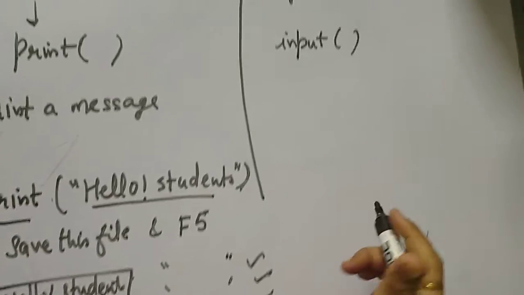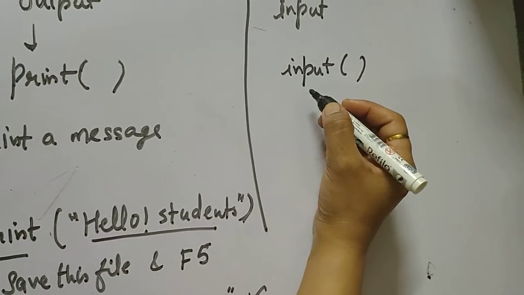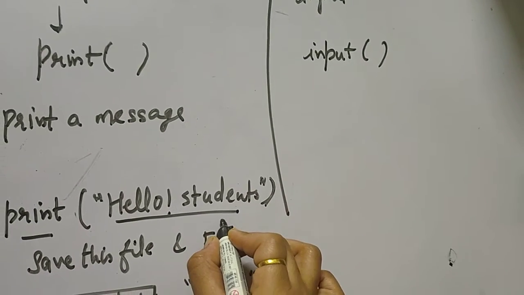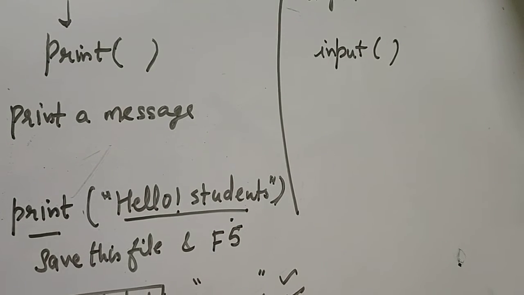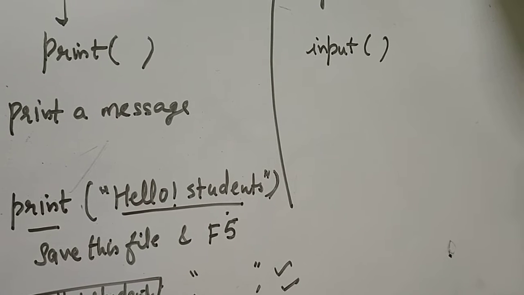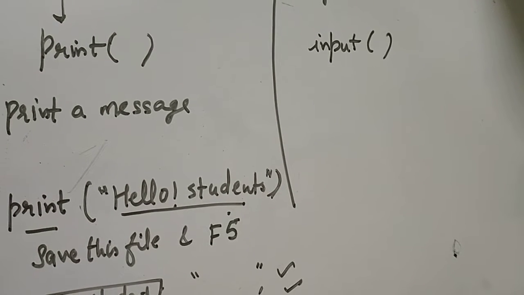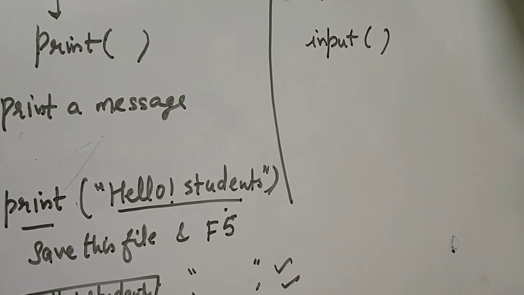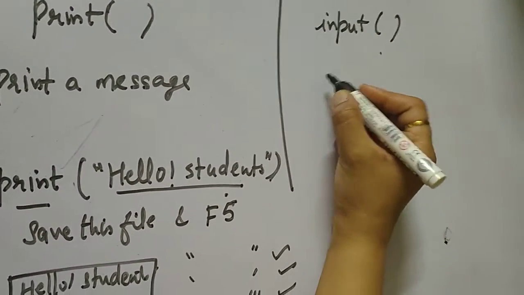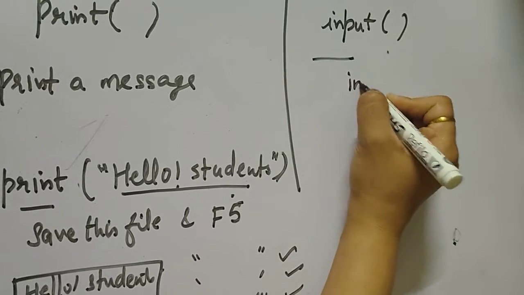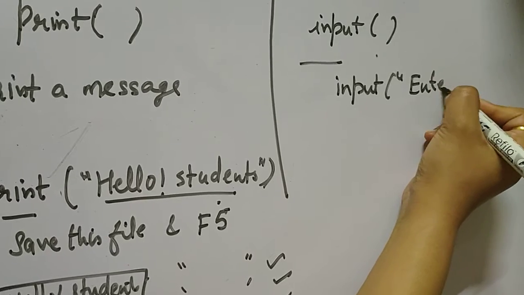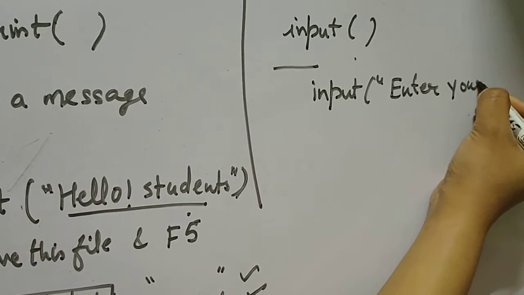Next, we will see how to use the input function. See, this is the fixed method: every time this message will be displayed. But this is not the way we should write our program. We need to make our program general, so every time we take the input from the user about what message to print. We write input, and in the double quotes give the message. Like I have to take a name, so I will write enter your name.